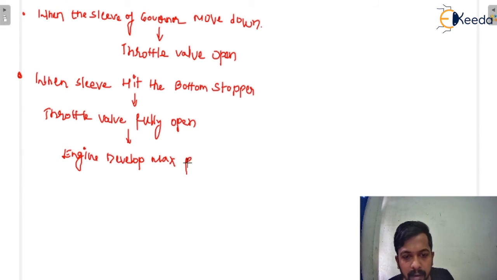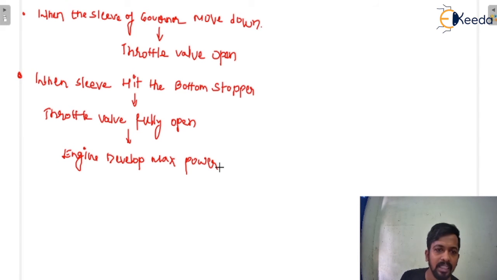The engine develops maximum power because of the governor working principle: the aim of the governor is just to maintain the mean speed of the engine. So as you increase the load on the engine, there will be a decrease in the speed of the sleeve, and the sleeve will start moving downward. The governor wants to increase the speed of the engine, so it will supply more and more fuel through the throttle valve, so it will increase the speed of the sleeve. In order to maintain the speed of the engine, the throttle valve is fully open